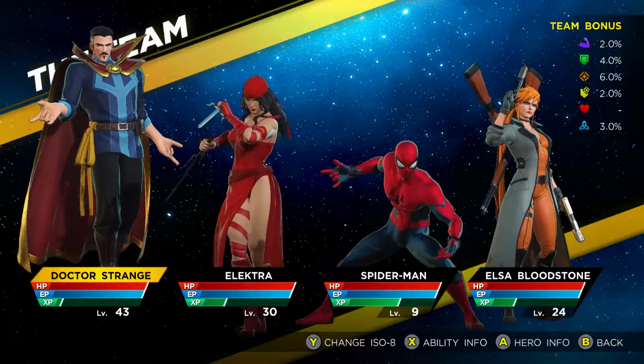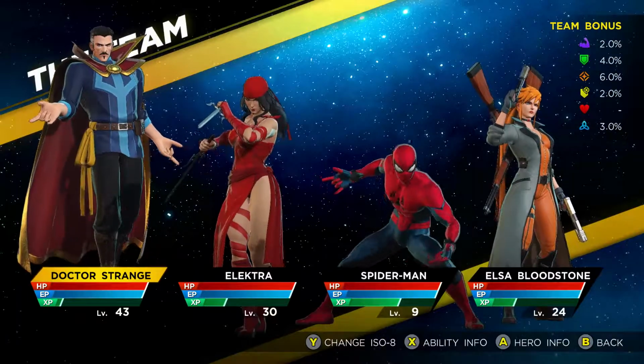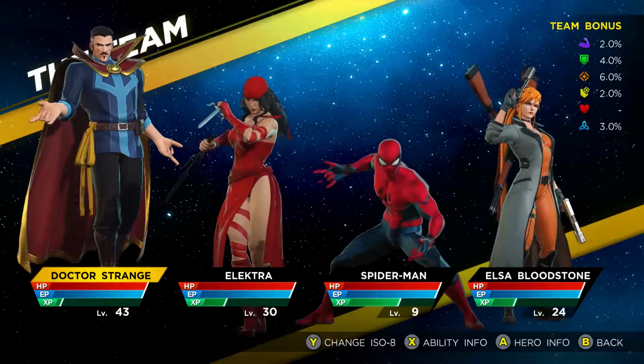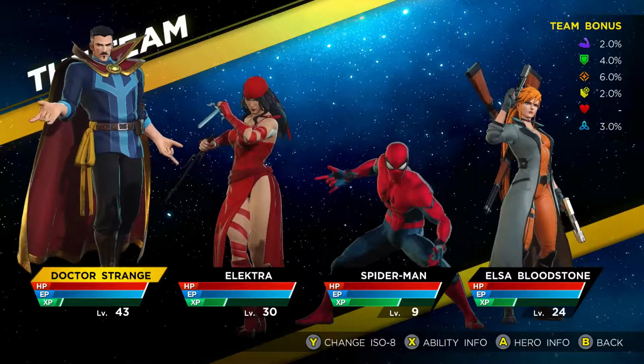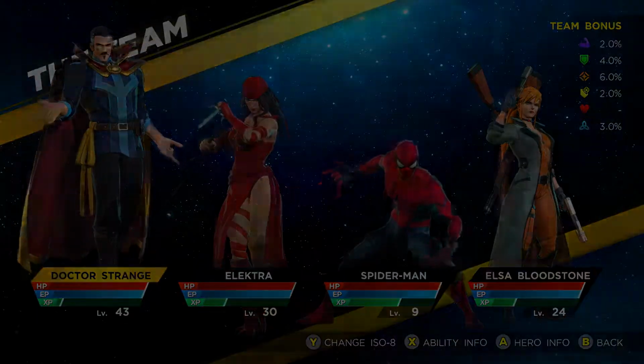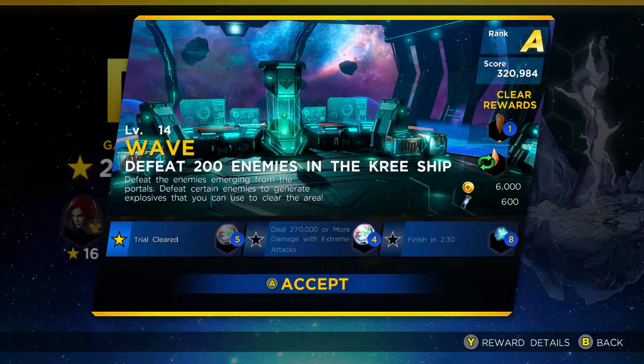Well, now that we've had a look at this character, let's go ahead and jump into one of those Infinity Rifts, the 200 Kree ship, and showcase what it's like to control Doctor Strange and how he functions on a team dynamic. So here we are again at the 200 enemies on the Kree ship, and this is, again, primarily a showcase,